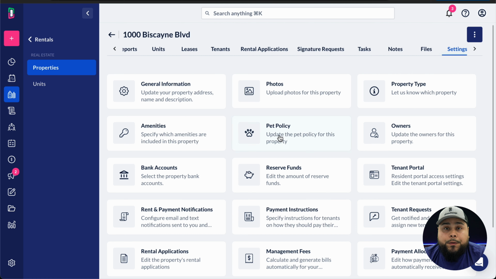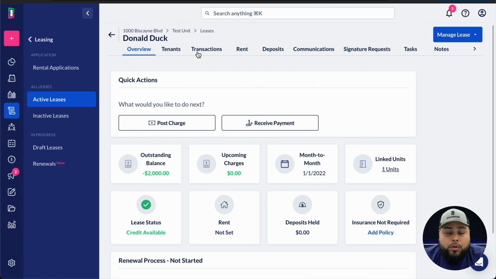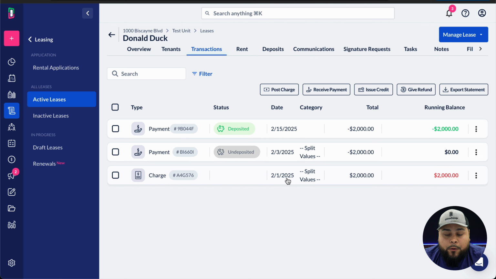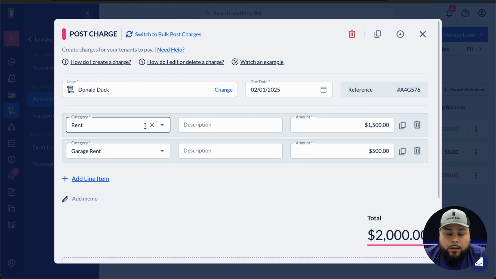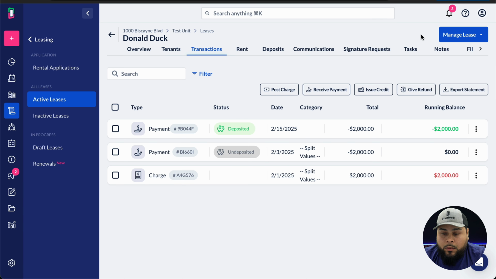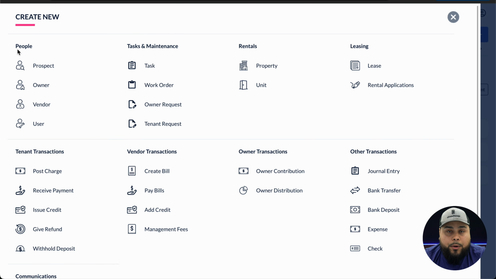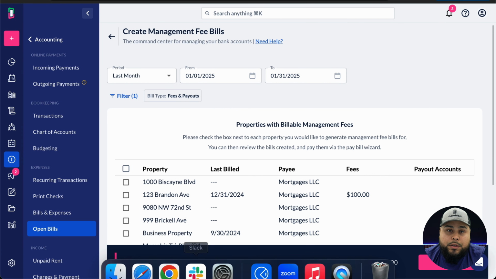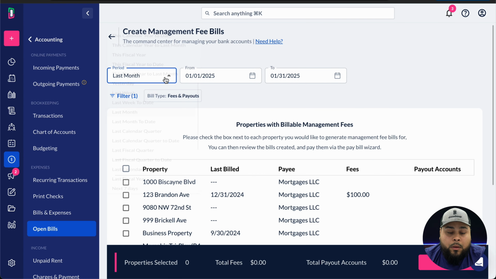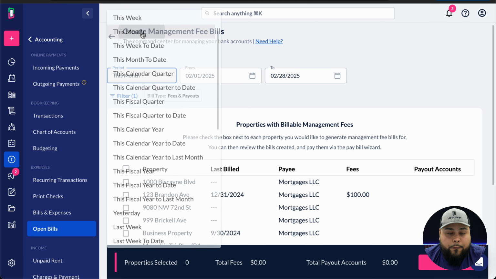Perfect. So now the management fees are set to run based off the charges that we have created in our lease ledger. So it should be calculating the 10% of rent and the 10% of the garage rent. To do so, you would click Create New in the upper left-hand corner, and then you would click where it says Management Fees. Within this report, we're going to run it for this month,